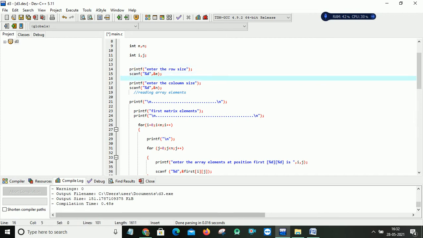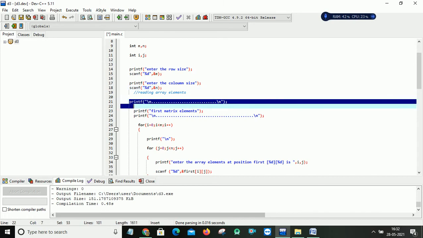And I ask to enter the column size, and that value I store in variable n. At the time of reading or displaying my array contents, instead of constant values I can simply pass m and n, because my row size is always available in m and my column size is always available in n.